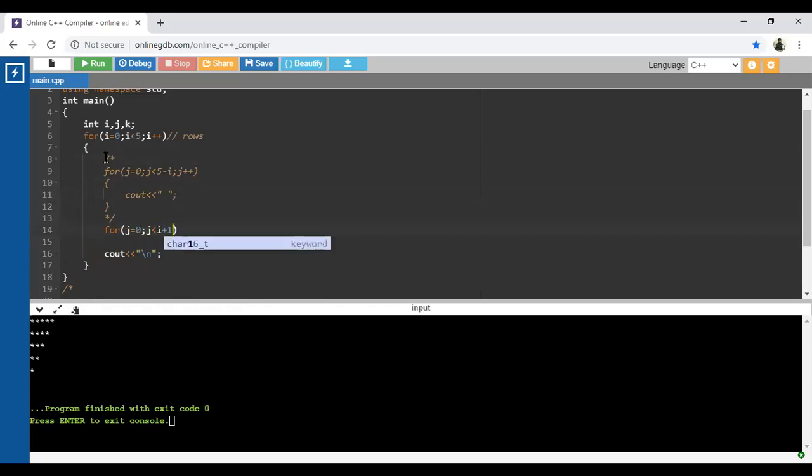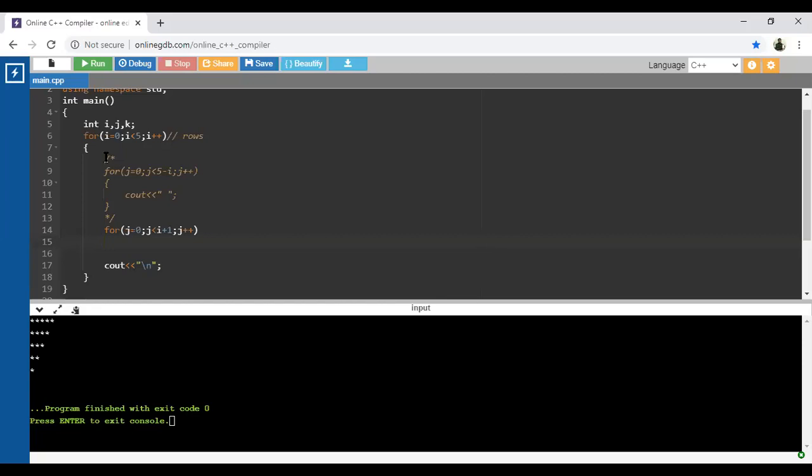For the first iteration, what is the value of I? Yes, 0. So when this inner for loop checks that condition, what is the value of j initially? Is 0 less than I plus 1, that is 0 plus 1?